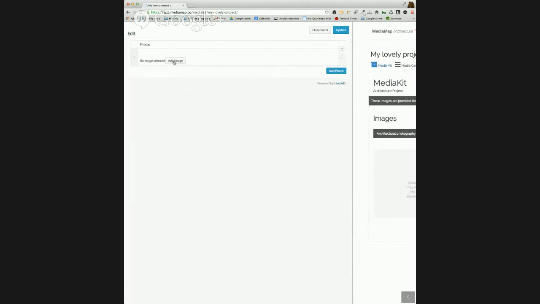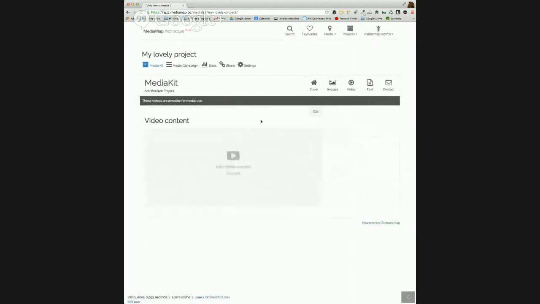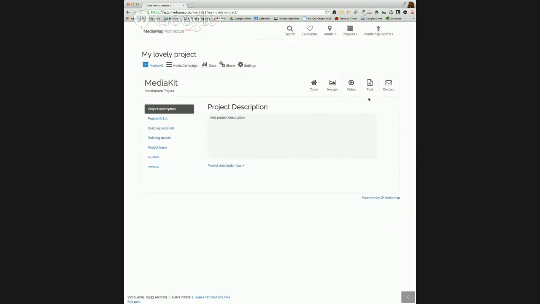You can add photos in here. And I'm not going to do that. I'm going to skip past it all. We've got video sections. You can add in YouTube clips quite easily there. And we've got text sections, which go through Q&As, and it's got pre-formatted questions there so that you don't really have to think about what you have to send the media. You're just responding to questions in a factual way.